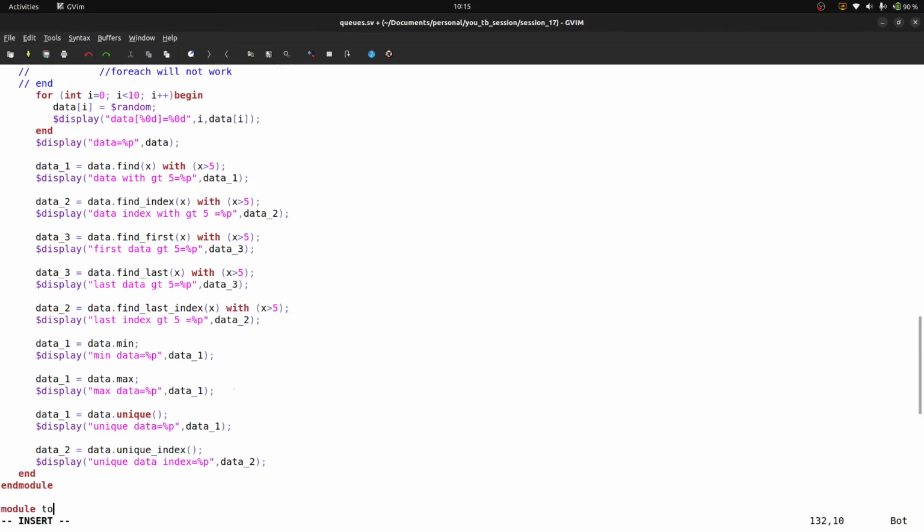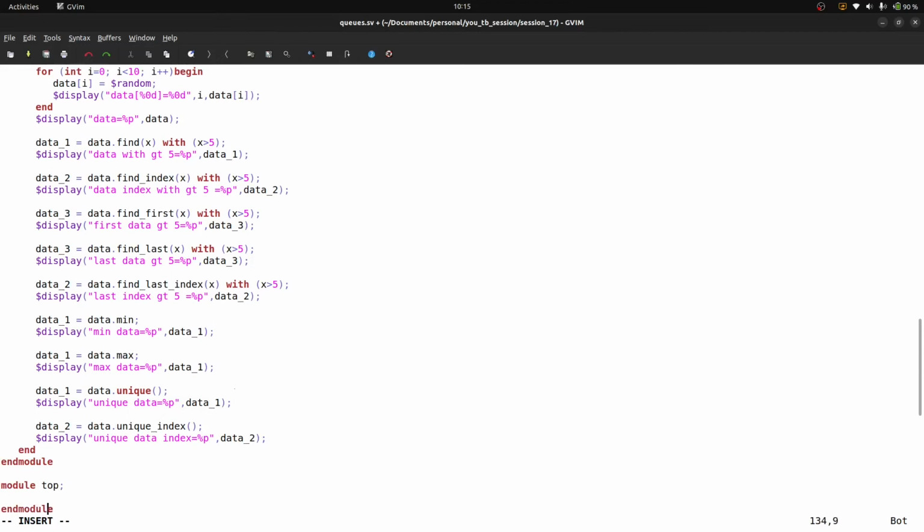Module top and module, inside that bit 3 down to 0 data, or you can write my queue.